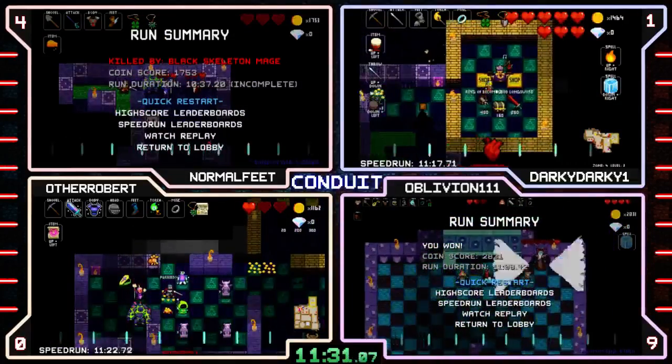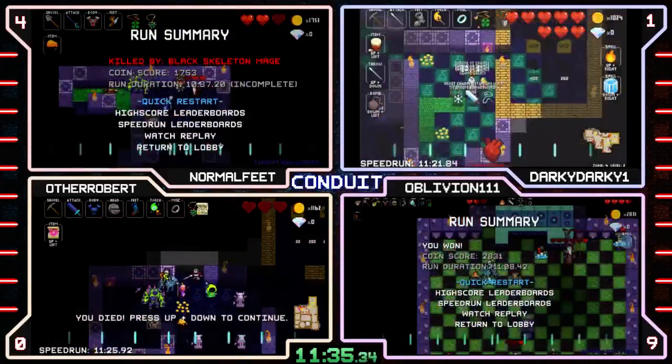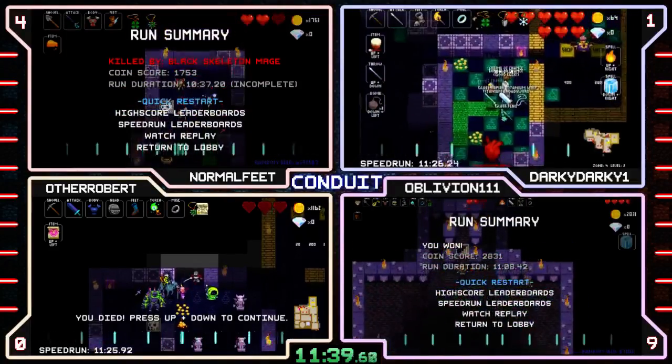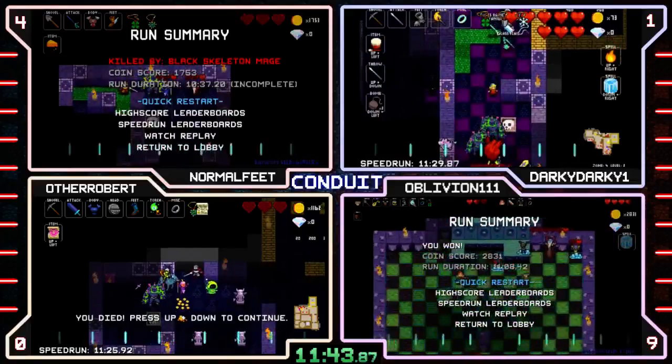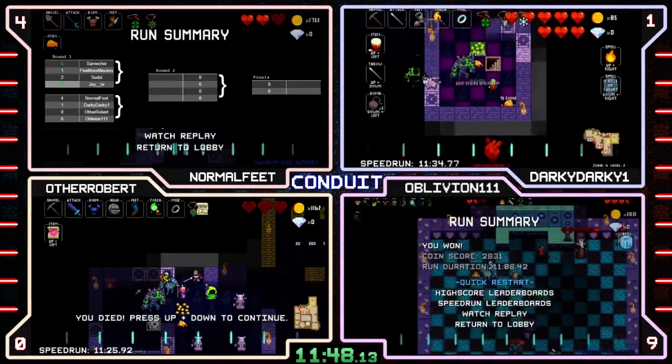Ring of Becoming. Did anyone pick it? Yeah, it's a nice ring. DarkyDarky, Ring of Becoming. Yeah, it's a good ring. Get stacks with the glass jaw nicely. Yes, it does. All right. Lots of instant death with that combo. Yeah, it's sudden death mode, I mean...